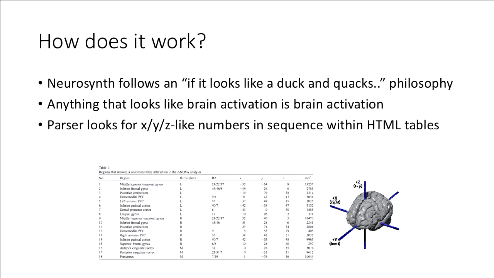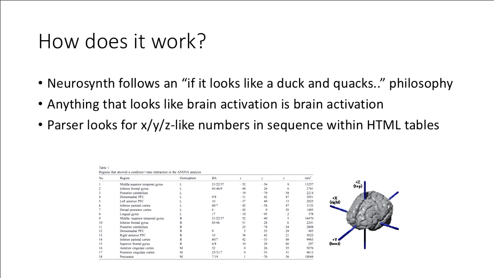No questions asked. So thankfully, we know that many people report their data in tables that look like this. Right here's the coordinate information. The brain is this nice three-dimensional object. We have these orthogonal planes, so we can identify within that general framework where activation is occurring, where peak activation is occurring, and that's essentially it. So the idea is that if it's reported in this table, we say that's an activation.